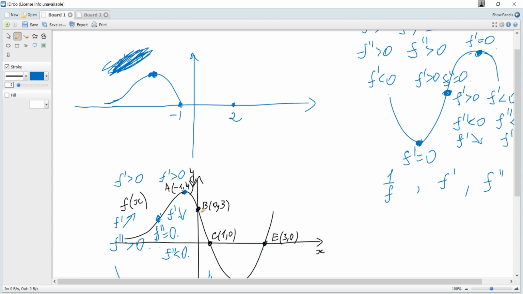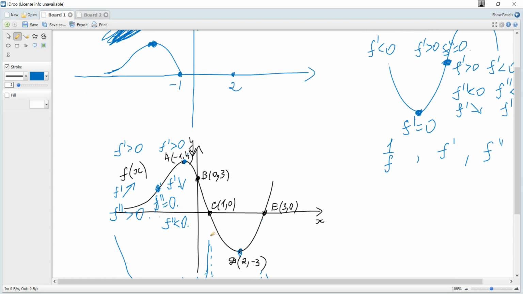And again we can see this shape is concave down here, and again it becomes concave up here,